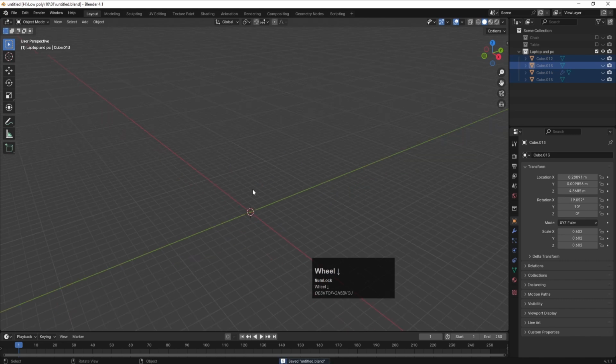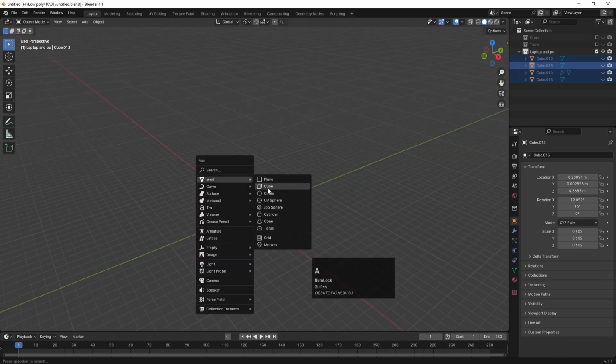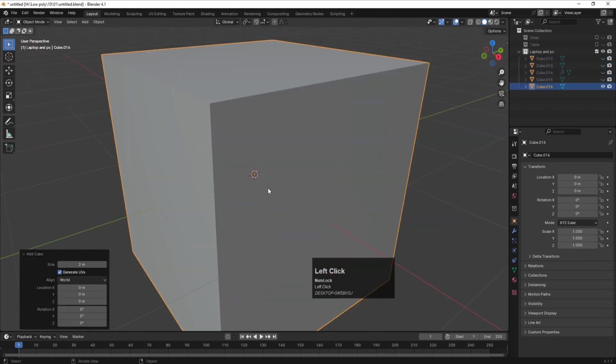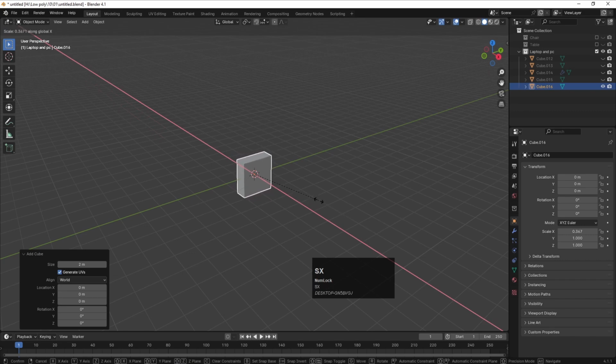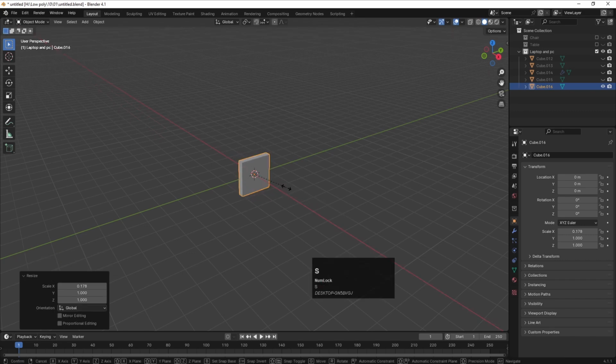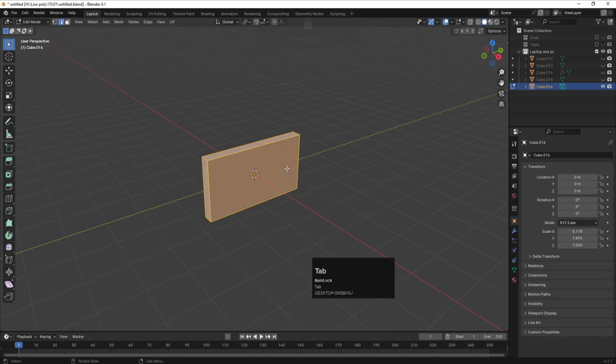Now I need to create a PC-like structure, so let's try to do that. I'll hit Shift A, Mesh, and I'm going to create one cube. Let's go over here, press S, X, and let's scale it like this. Press S, Y, and let's scale it like this. Okay, then press Tab, click,